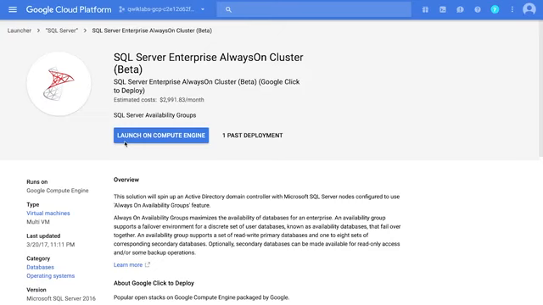This includes the cost of the Windows Server and SQL Server licenses, as well as the virtual machine resources you'll be using. However, this is a true enterprise solution, providing high availability of SQL Server with failover. Reflect on how much this would cost to provision in an on-premises environment.